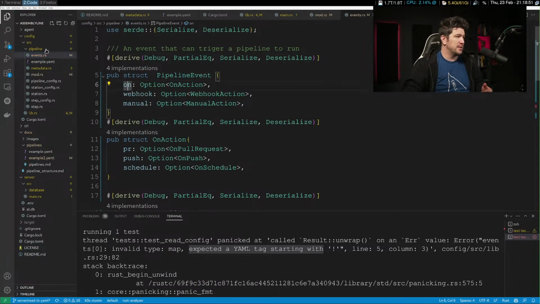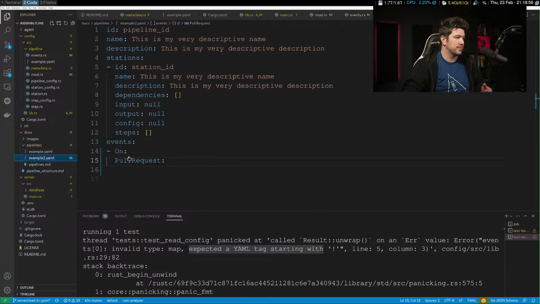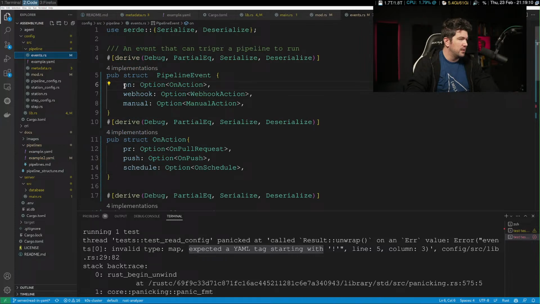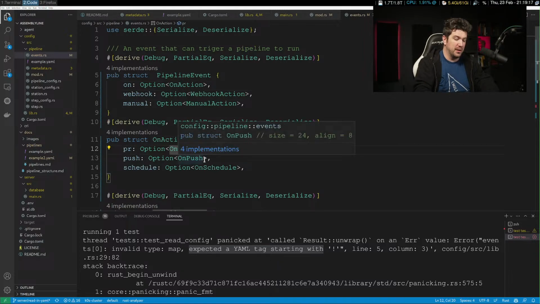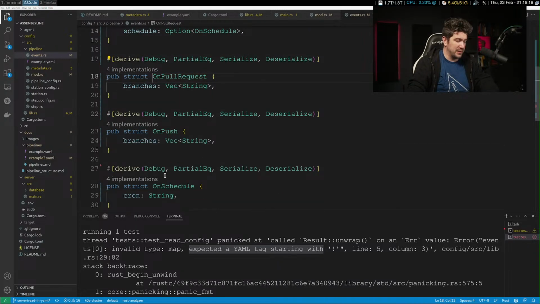So on, lowercase on, PR. On is the on action. The on action has PR, and the PR has a list of branches that are strings. Okay.